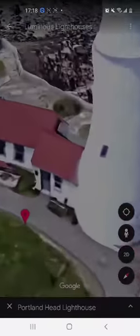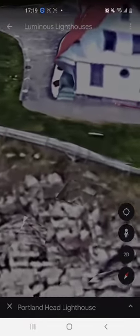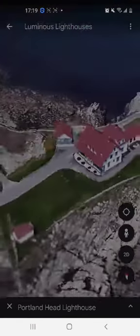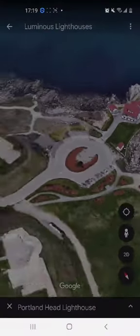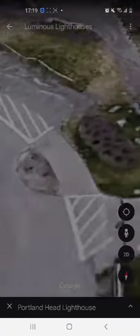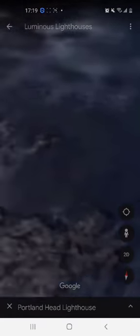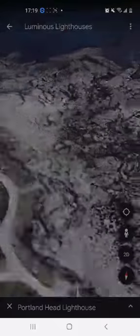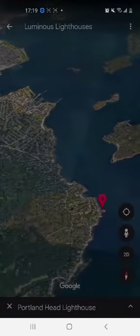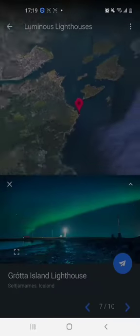And as you can see, this is a beautiful view, beautiful 3D street view, of course, and we are enjoying the view. Looks real good from overhead, of course. Lovely properties around. So if you ever get to visit the Portland Head Lighthouse, please let me know what your experience was like. Of course, leave your comments down below. If you've ever been to any of these lighthouses, please let me know. This is in